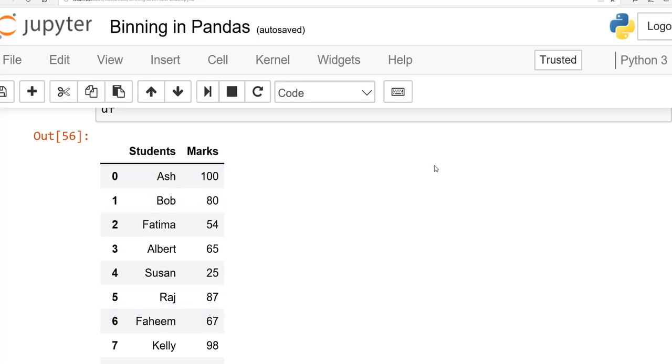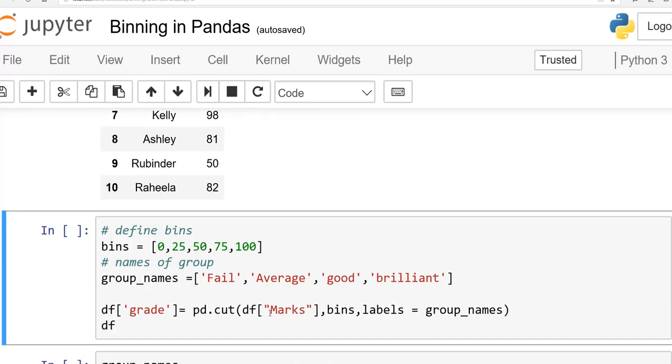If you have some other columns where you want to apply your bin function, you have to write it here, and then comma bins. Bins means these, we want these bins, and labels is equal to group names. What is the meaning of this? In the third column we will see good or average or fair, whatever. So these are called the group names, and the group names we have already declared here.